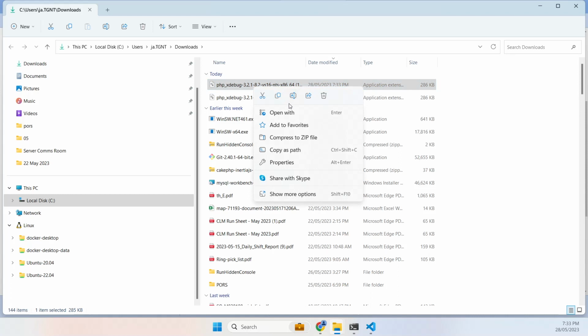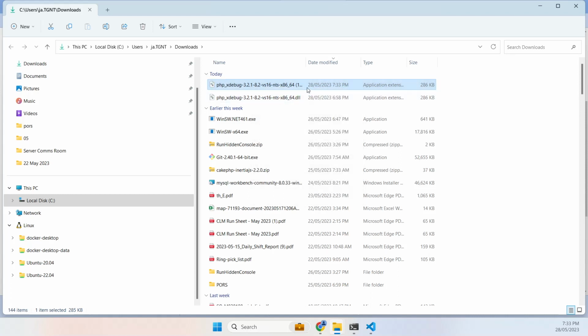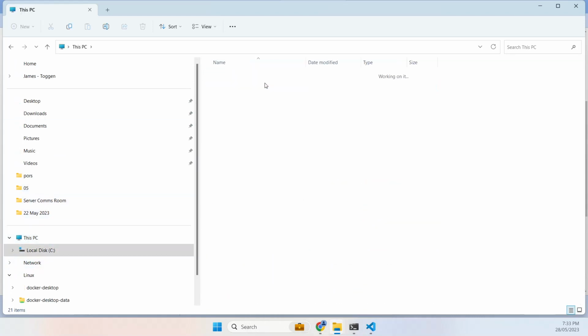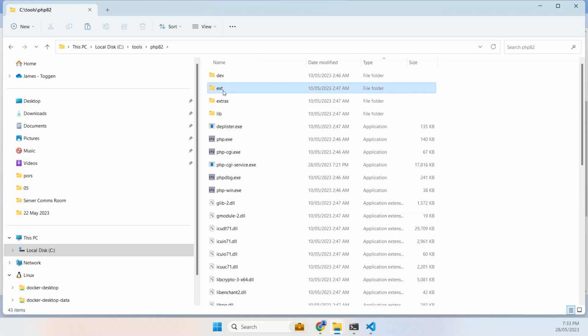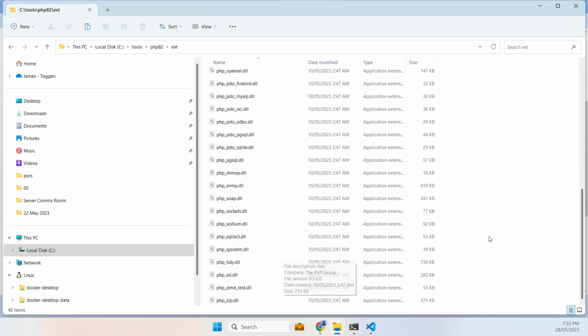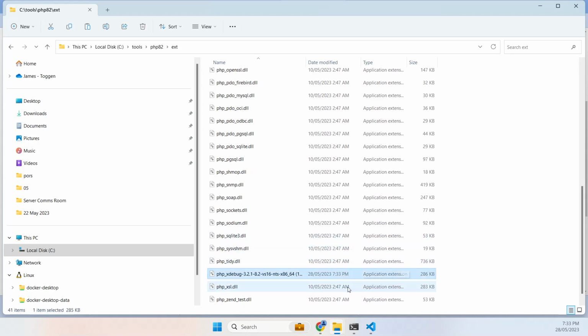keep it and download that, show it in the folder, and then we want to copy that and then move it to our C tools PHP extension directory, and then we want to paste it in. This one particularly has got a download counter on it, so we'll just remove that, and then we'll copy the name of the file,